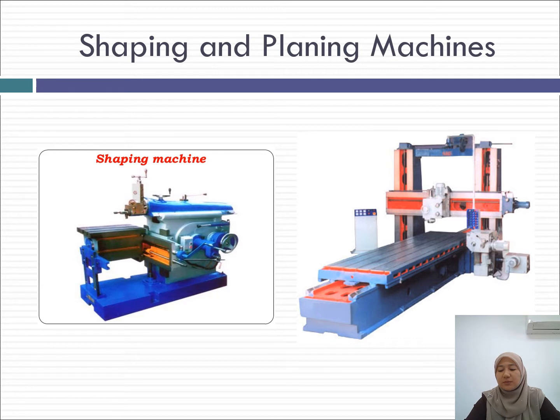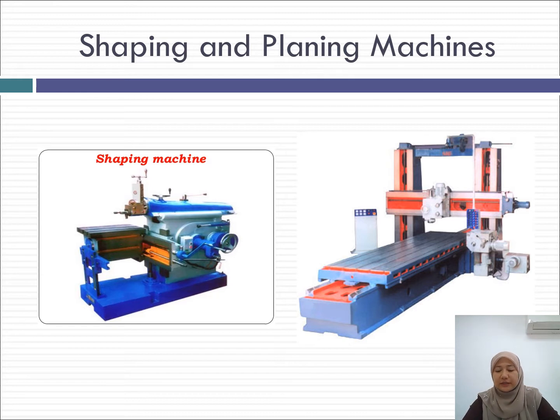Multiple tool heads permit more than one cut to be taken on each part. At the completion of each stroke, each tool head is moved relative to the cross rail or column to achieve the intermittent feed motion. The configuration of the open side planer permits very wide work parts to be machined. So that's why bigger parts can be machined with a planer.